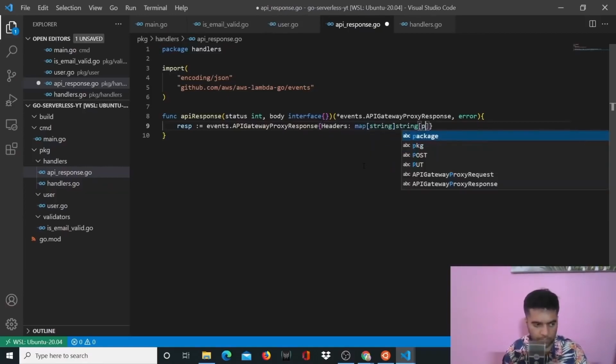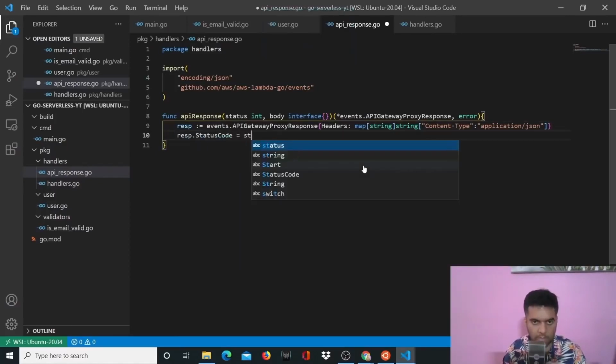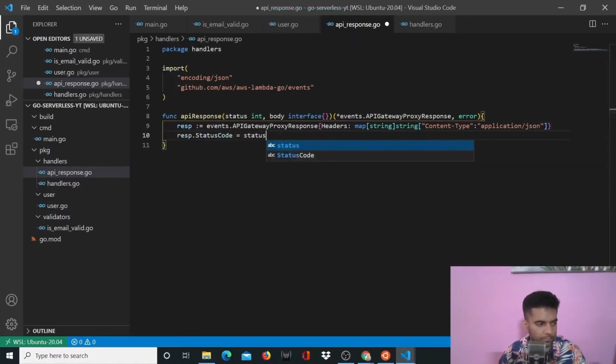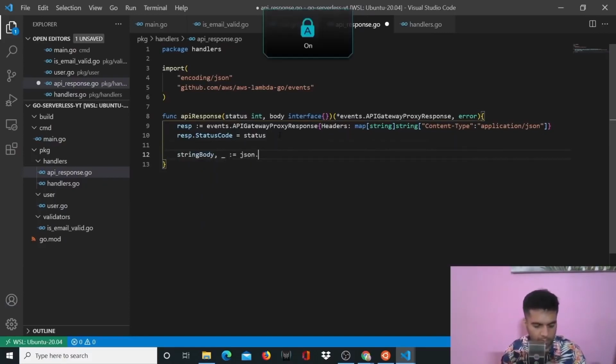Pretty standard, because the way we're going to set up these headers is something that you've already seen so many times, which is basically content type and application JSON. So we're saying that we're returning JSON from our Lambda function, right? Nothing out of the ordinary. So we'll say response dot status code is equal to status. And status will be basically your like 400, 300, something like that. And then you'll say string body, comma, JSON.marshal